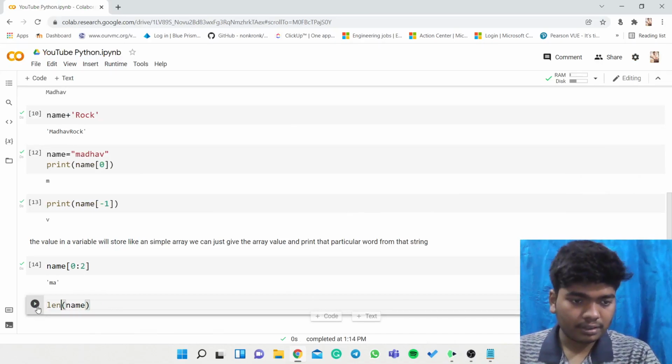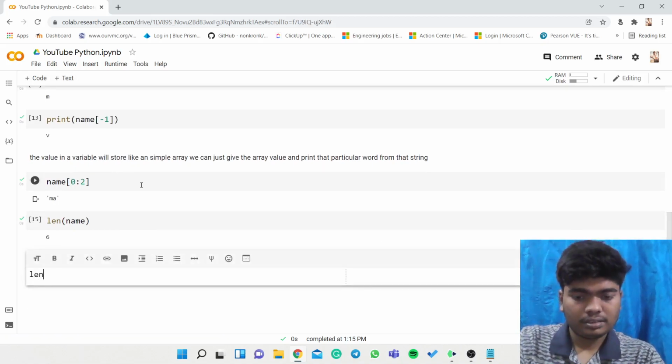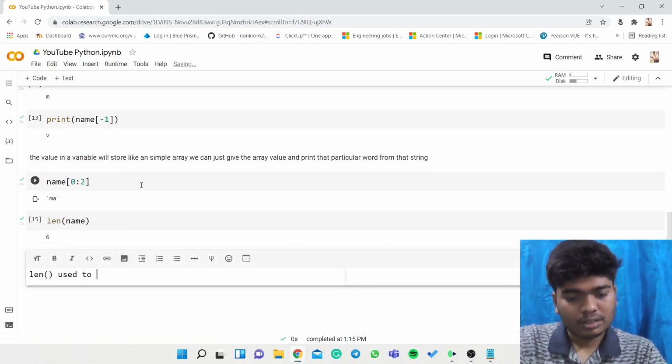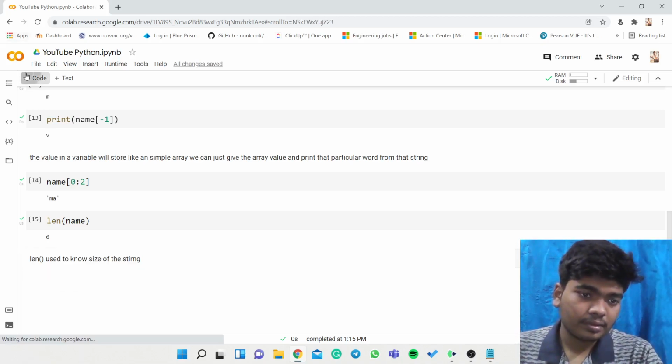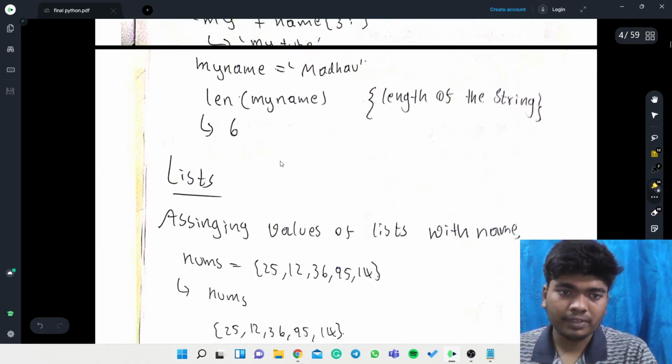With the help of this len, we can know the size of the string. So len is used to know the size of the string, and here the length of the string will be known with the help of this len.